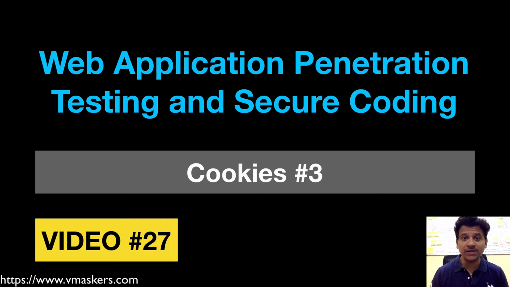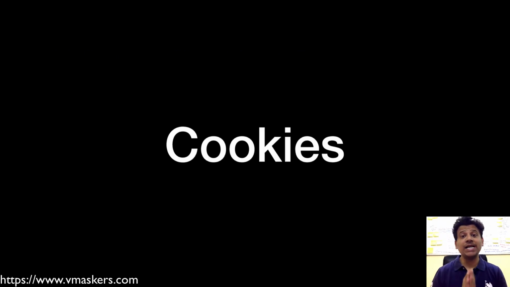This is video number 27 and we will continue to see cookies. In the last video, we saw the setCookie function in detail. The web server uses the setCookie function to set the cookie and send it to the browser. Using the domain parameter, the browser decides whether the cookie should be accepted and stored in the cookie jar or not. And using parameters such as expire, path, domain, and secure, the browser decides whether the cookie should be sent to the server with further requests or not. Let's see some examples of those.